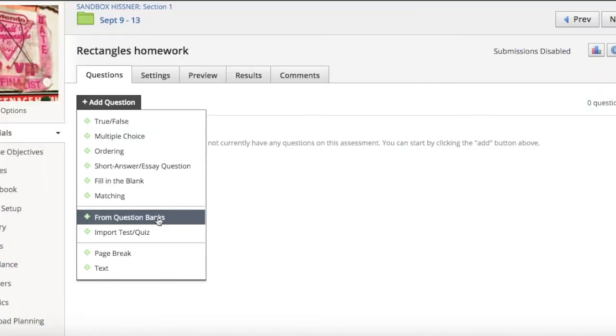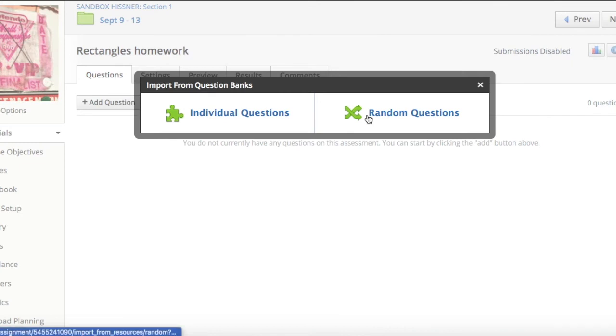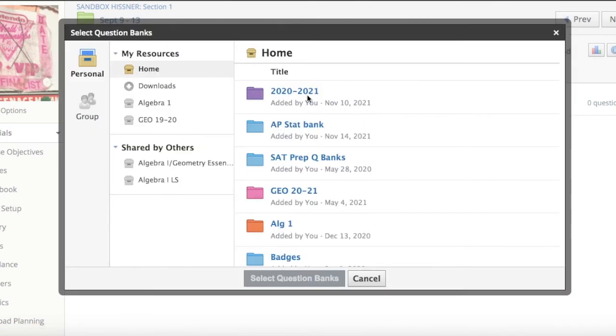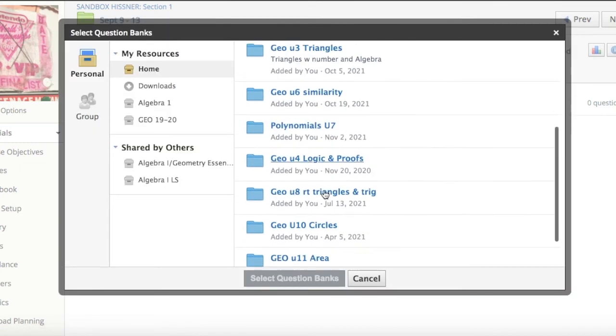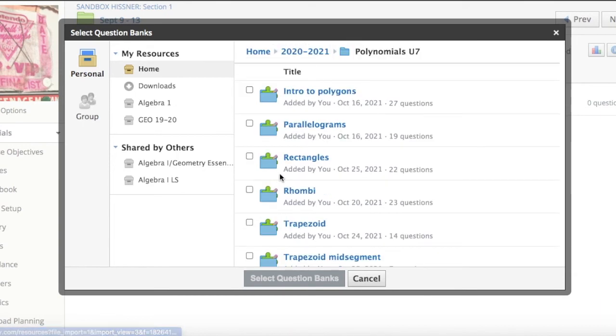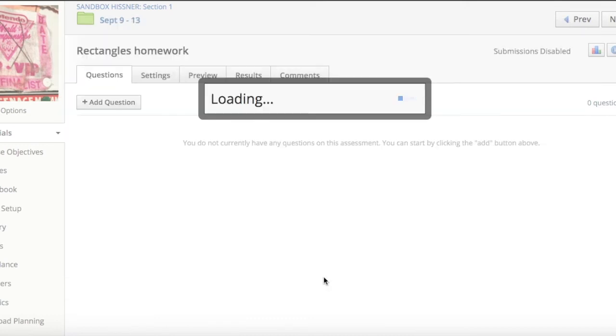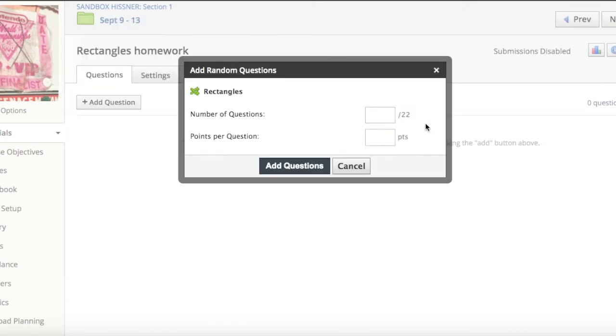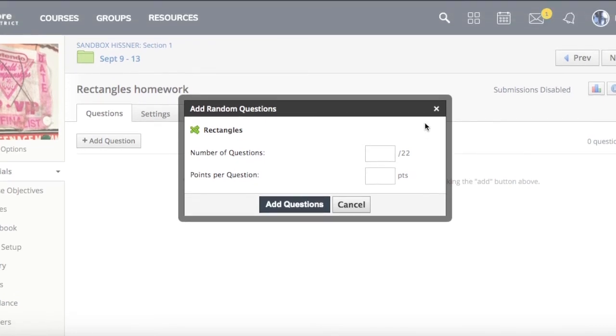And then what I'll do is I'll go to my question banks, I'll do random questions. And so what it will do is it will pull from this bank of questions that I have for rectangles. I just get to click, boom, rectangles. So all 22 of these questions are up for grabs. So I'm going to select the bank and then it asks me, okay, how many do I want to put in? I have 22 to choose from. And this is the great thing, because I'm going to say,